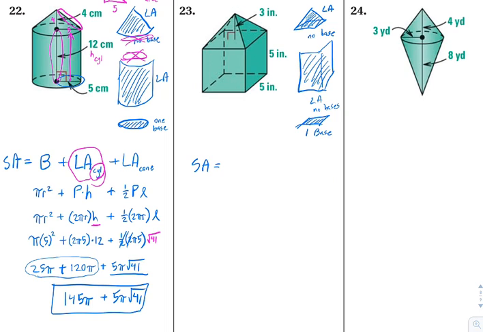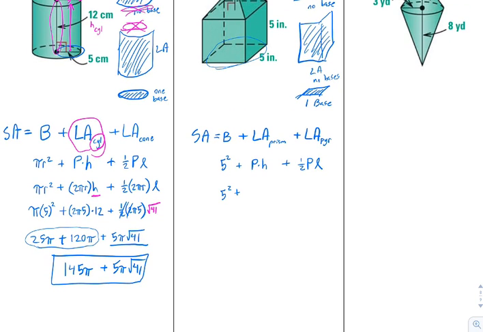I'm going to say the surface area is that bottom plus the lateral area of the prism plus the lateral area of the pyramid. Okay, so the base is a square, so it's 5 by 5. So the base is 5 squared plus the lateral area of the prism, which is perimeter times height, just like in the last one. The lateral area of a pyramid is 1/2 perimeter times slant height. So I get 5 squared plus the perimeter of the base, 5, 5, 5, 5. There's 20, the distance around the base. The height of the prism is base to base. That's 5